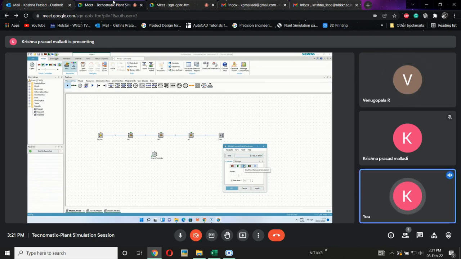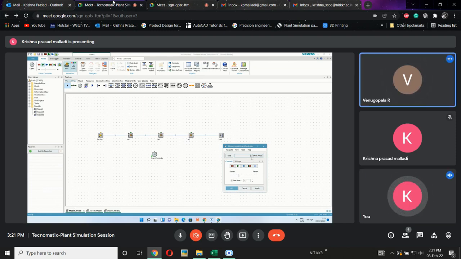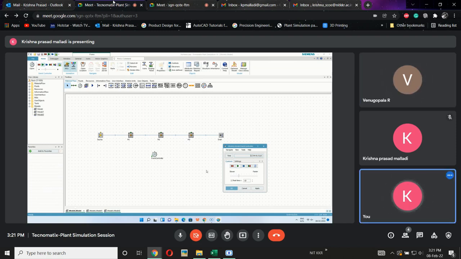Okay. So it will run continuously, maybe 2 hours, 3 hours, 4 hours, 5 days, 365 days it will run. Why? Because we haven't specified any end time, simulation end time. That is why it is running continuously. If I increase the speed, see here, it is running 18, 19, 24 hours. After that, one day, 3 hours, 4 hours, it will run infinitely.